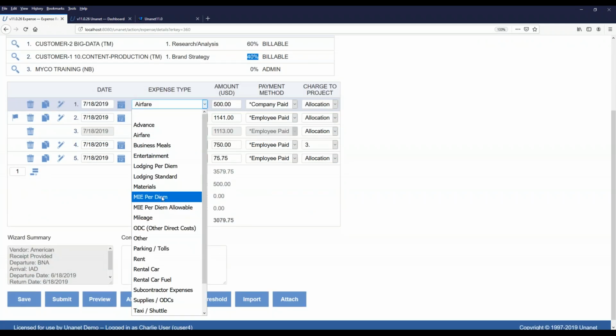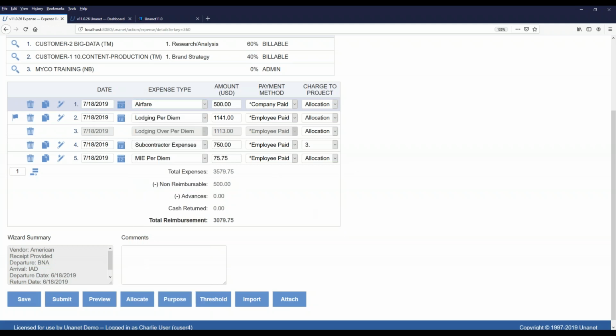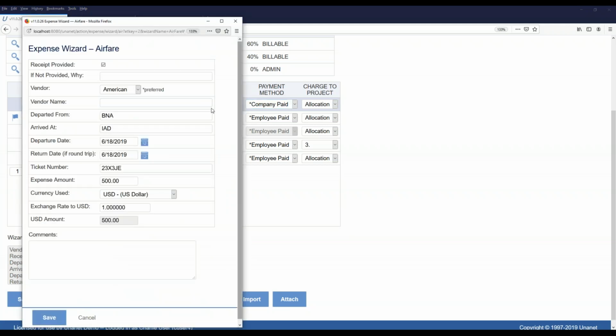They can be set with many variables as to how they will work or not work. They can be controlled at the project and person level. You can decide whether this individual was never allowed to use entertainment expense, what have you. But then we also have the concept of wizards that you can attach to these expense types, allowing you to